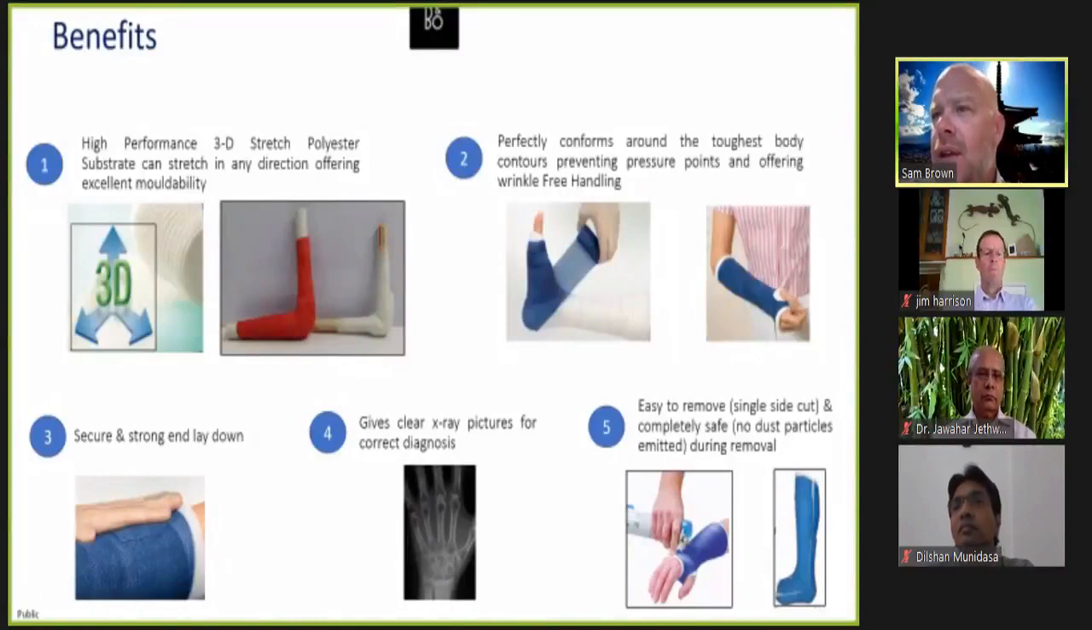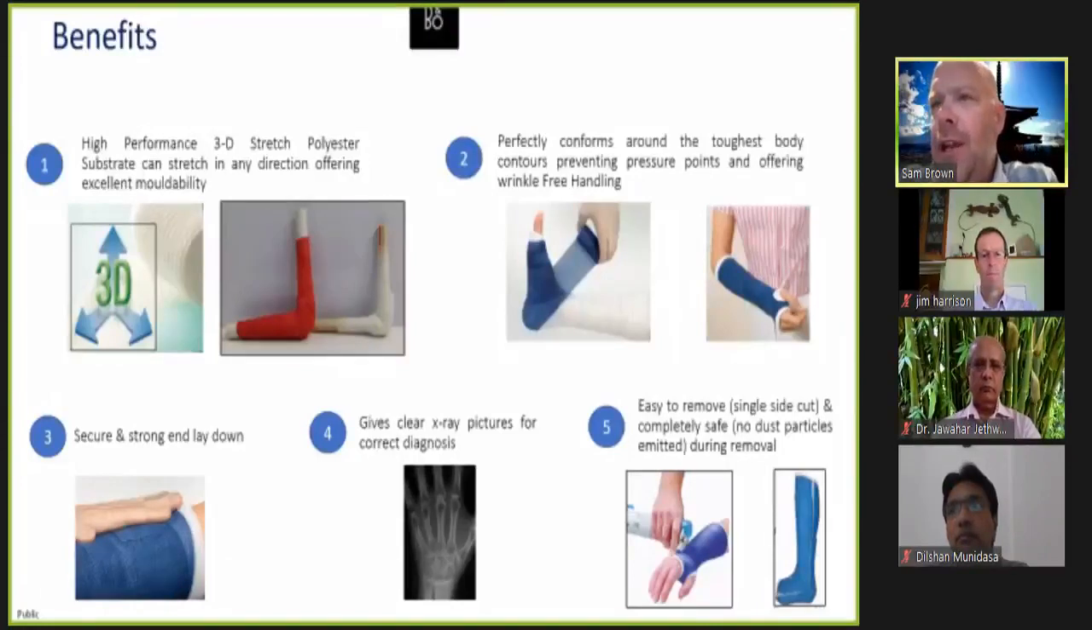So you can see in slide number 2, it perfectly conforms to the calcaneus, also to the olecranon. So you don't have any areas that are not covered or that are gapped over. And then you can see the X-ray with the radiolucency of it. And also with the polyester, which we will demonstrate in the video coming up, you can